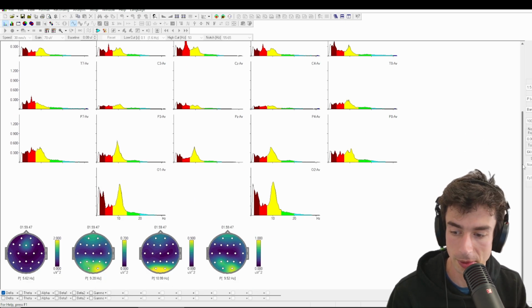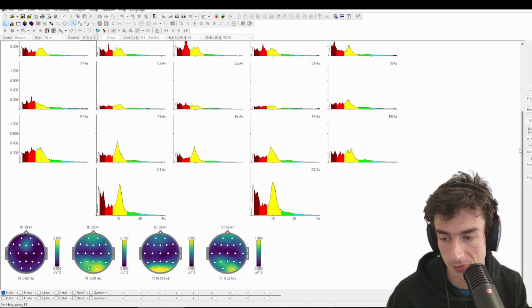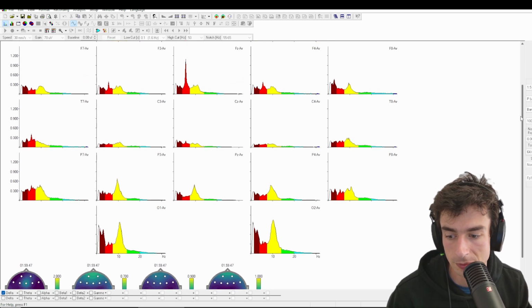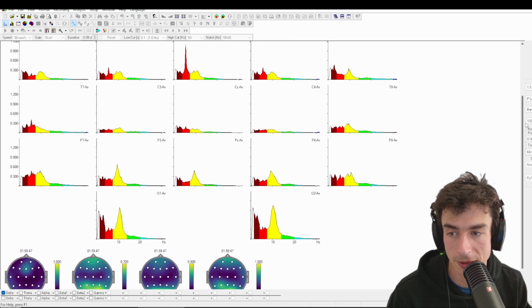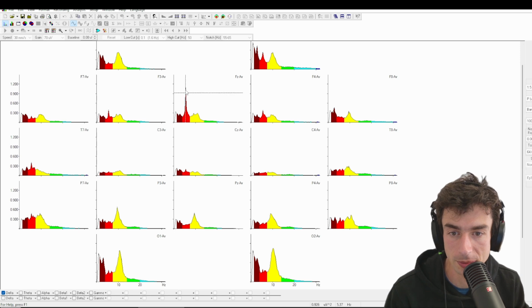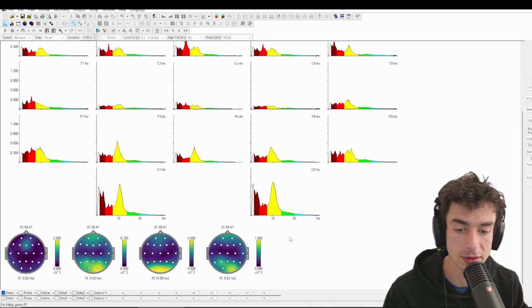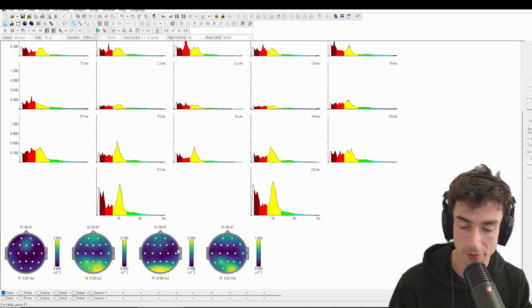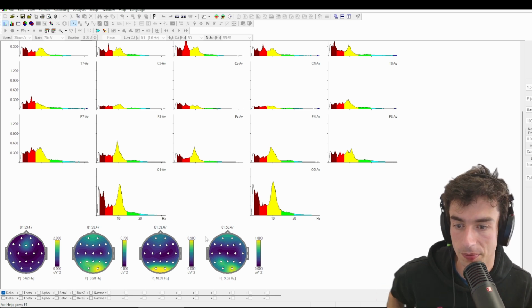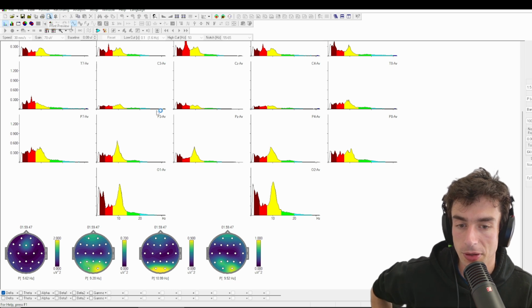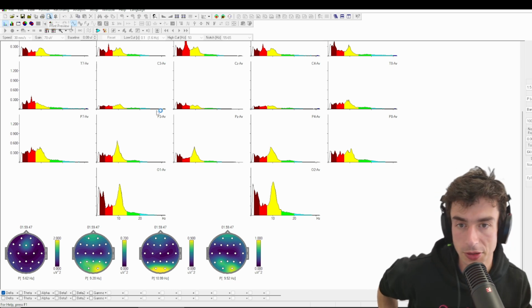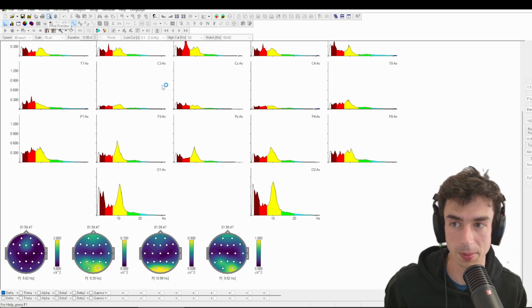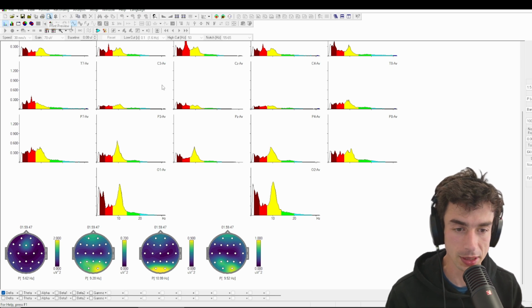Let's take a look at the spectra that we have generated. And the main thing that we're seeing is this frontal midline theta, which is very strong, and this kind of diffuse alpha peak, one being at 9.5 and the other one being at 11. So let's insert this into the report. In WinEEG, I find that whenever I click that print preview button, it will take a second to load up the image,